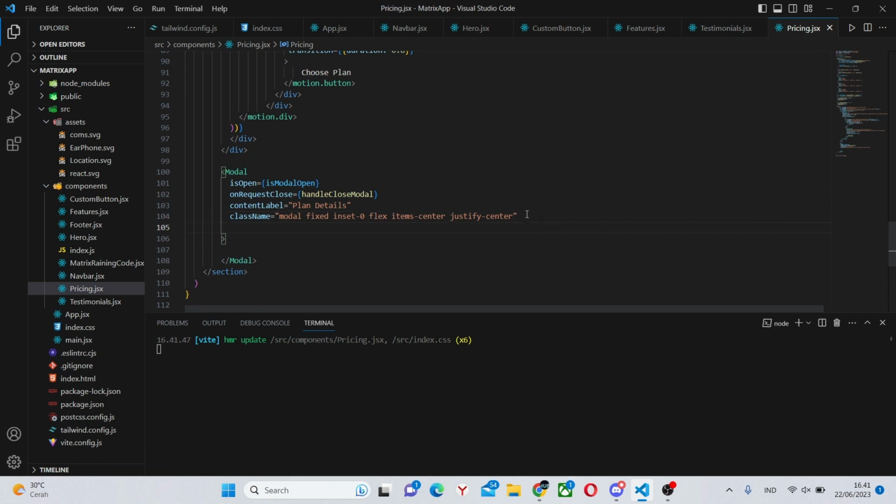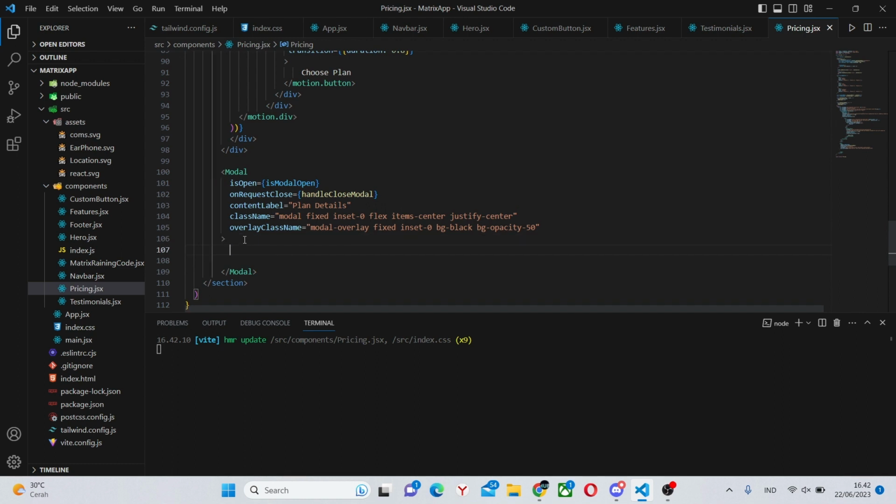Next, we can add overlayClassName, something that is unique to the modal. And we can say modal-overlay fixed inset-0 bg-black bg-opacity-50. And now it is done.